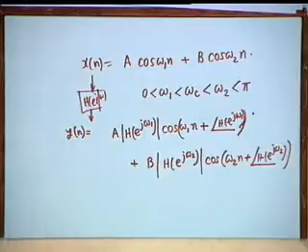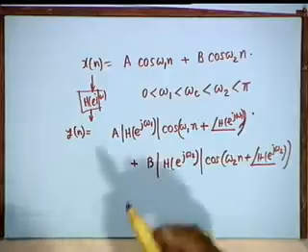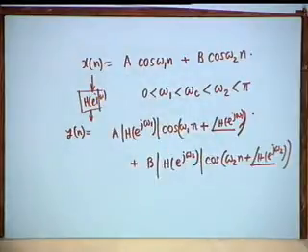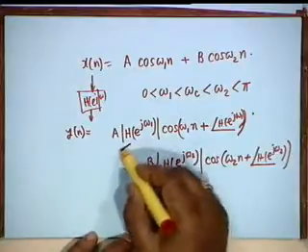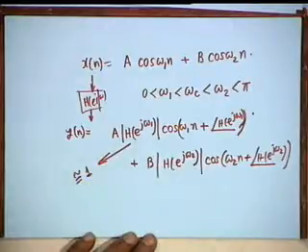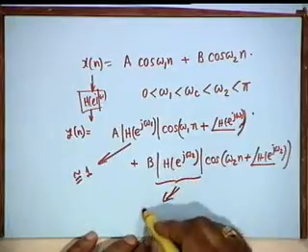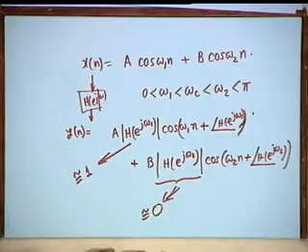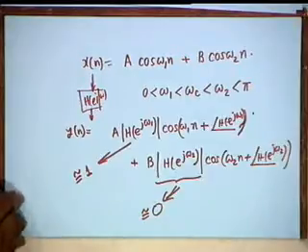All right. All that I have to do now is to choose the system in such a manner that the magnitude of H of e to the j omega 1 should be approximately equal to 1. Ideally, I can also make it 1. And the magnitude of H of e to the j omega 2 should be approximately equal to 0. Then I have done low pass filtering.